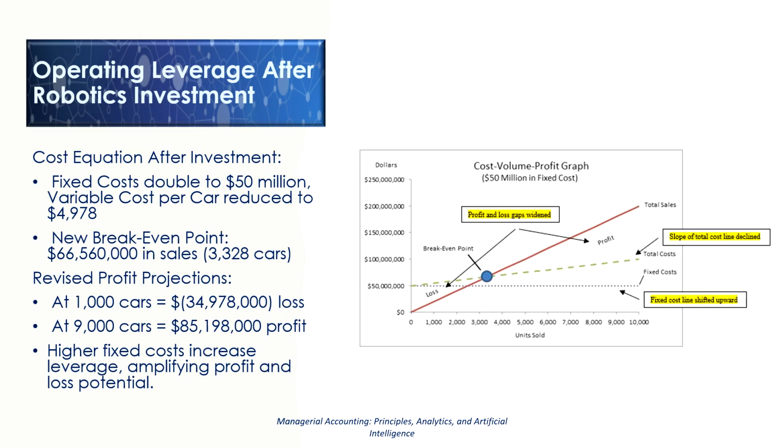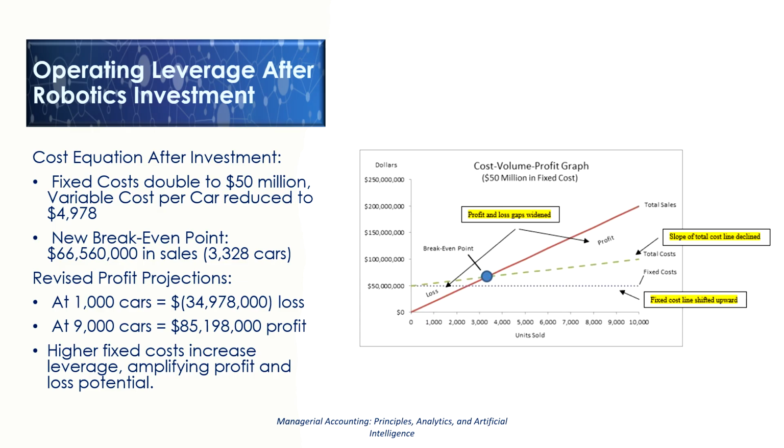Now let's take a look at what would happen if we increased our operating leverage by making an investment in robotics. Let's assume that the robotics investment actually doubled our fixed costs to approximately $50 million. You can see on the graph that the fixed cost line has risen to the $50 million point. But because we've invested in robotics, our variable costs, or our labor, has reduced, and now our variable costs are